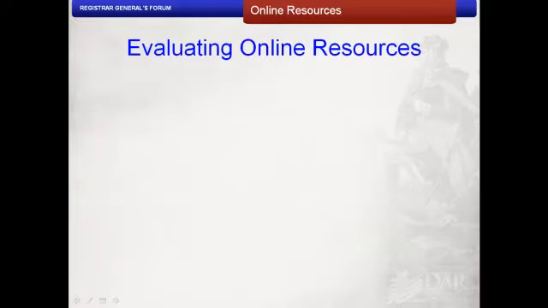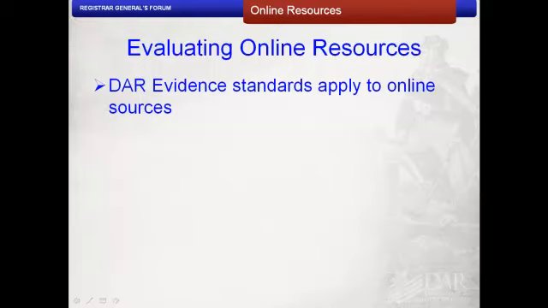The types of records available online are endless, but how will you know which records are acceptable to submit for DAR applications and supplemental applications? First of all, it's important to remember that DAR evidence standards for acceptable documentation apply to sources you locate on the Internet.